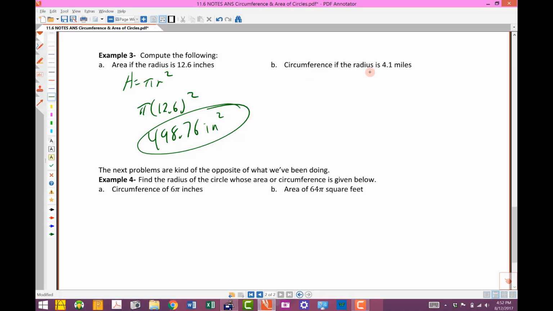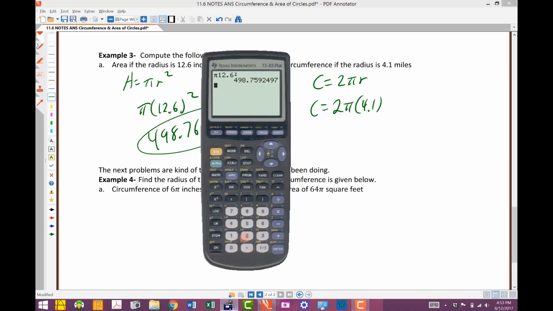Let's see, circumference if the radius is 4.1 miles. So we know we're going to be finding the circumference, so we've got to have the formula, so that's going to be 2 pi r. And it says the radius is 4.1 miles. So the circumference is going to be 2 times pi times whatever the radius is. The radius is 4.1, so we're going to multiply those together. So on the calculator, we're going to do 2 and pi, and then times 4.1. Again, it understands the implied multiplication, so we get